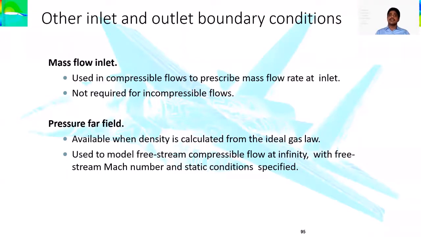So for aircraft moving in compressible flows, resulting in shock waves, or aircraft moving at supersonic speeds, we can apply the mass flow conditions, that is, mass flow inlet and the pressure far field conditions. Then we can best utilize and demonstrate the flow conditions, or the flow happening inside that particular domain, or in the far field of that aircraft.